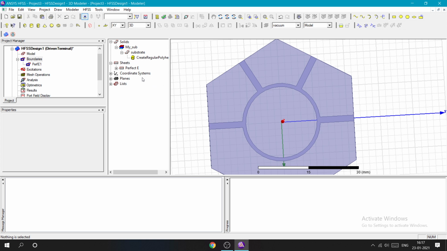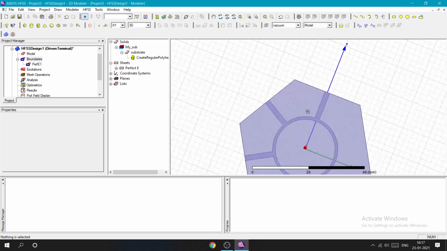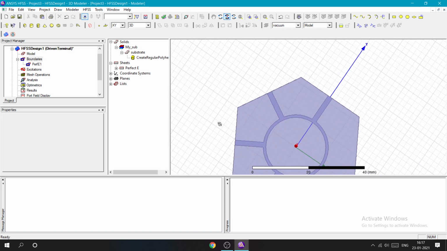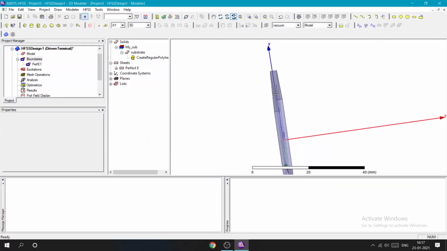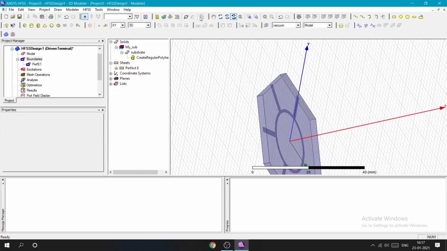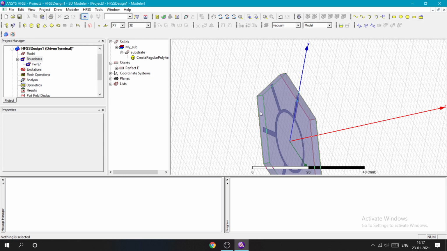And now you need to have ports. The ports are called wave ports. These sides will act as a port, but this side belongs to the substrate, right?